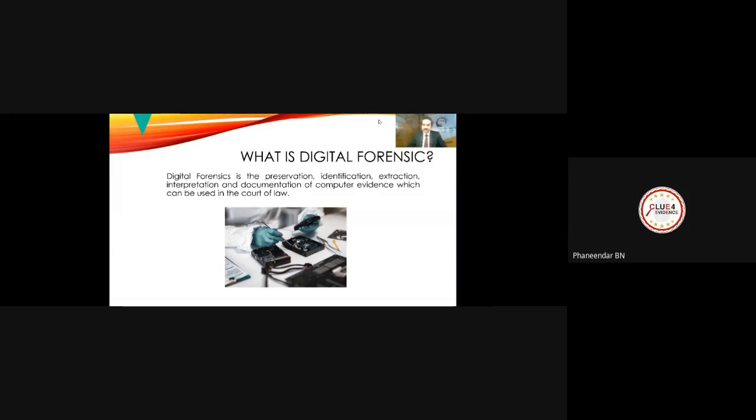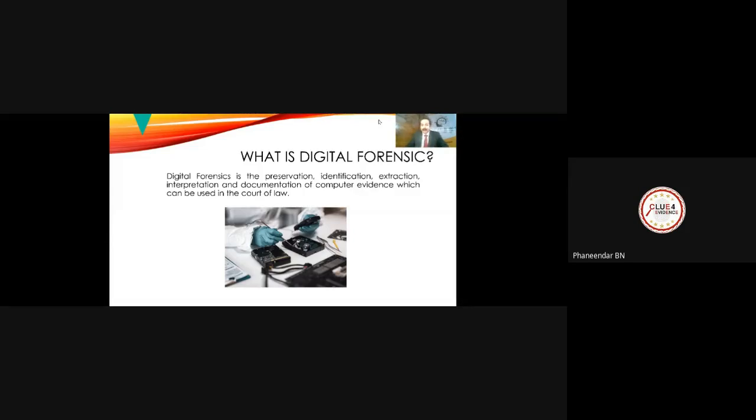Because in most cases, when the examination is conducted, there is not even any possibility that we expect this report to be brought before the court of law. But depending upon the situation, depending upon the outcome of the data, it might go to the court. However, when we start the examination of the forensics, the purpose of a forensic report is to fulfill the need of the legal system. So for that reason, digital forensics also covers all the aspects of preservation of electronic evidences,